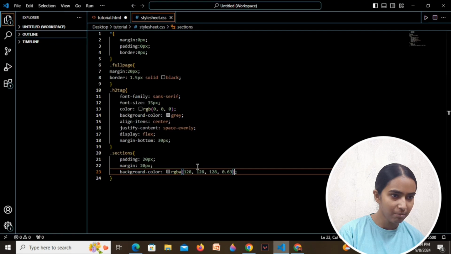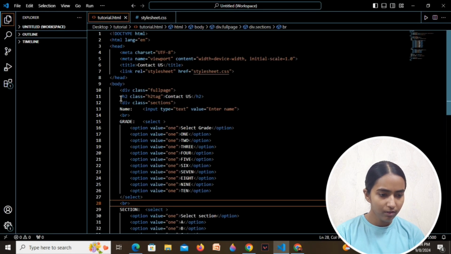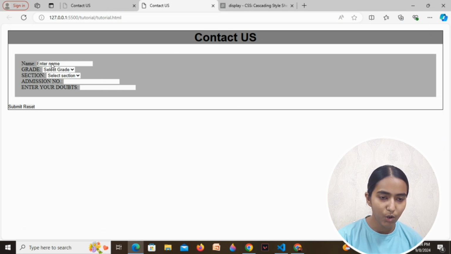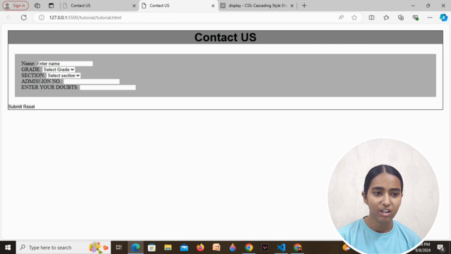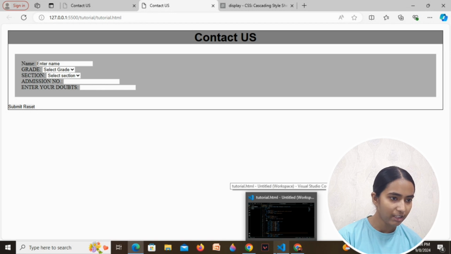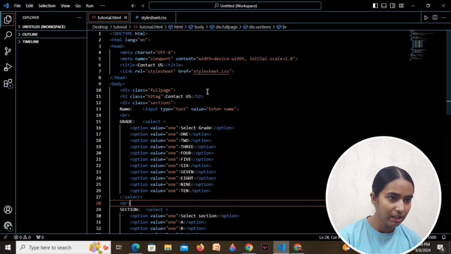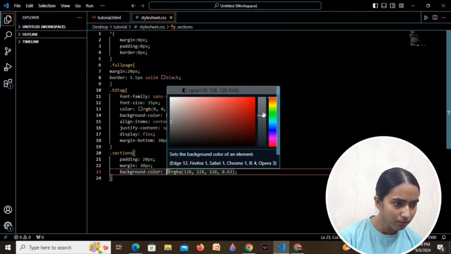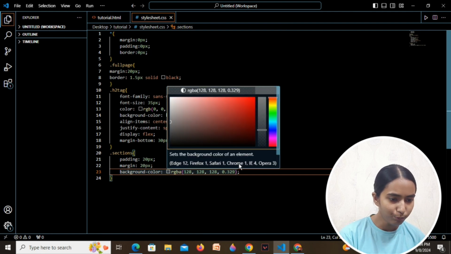Okay, I need to save the HTML file as well. So see, this is our website looking presently. This seems untidy because it's too short and not of enough size. So let's add some more elements into it. I think we need to lighten this color more. So I'll decrease the opacity even more. Let's see now.